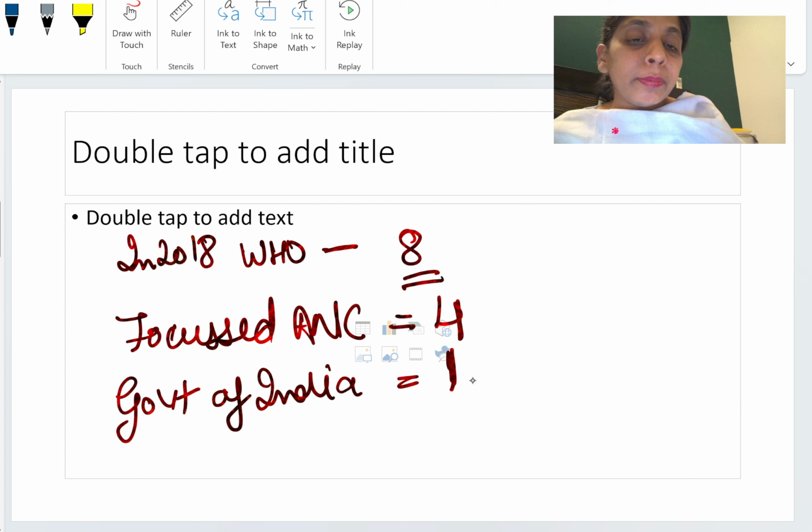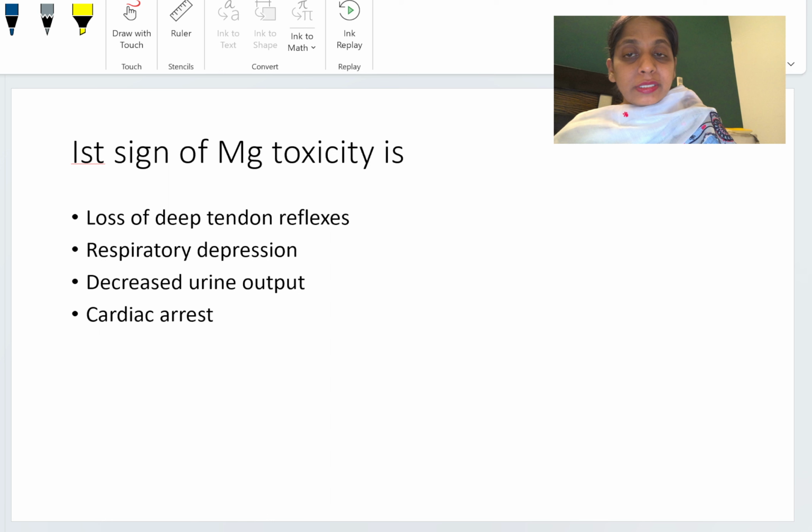See how the questions repeat. So these all are PYQs. Okay, so let's see what is the first sign of magnesium toxicity. The first sign of magnesium toxicity is loss of deep tendon reflexes, because magnesium has a very narrow therapeutic